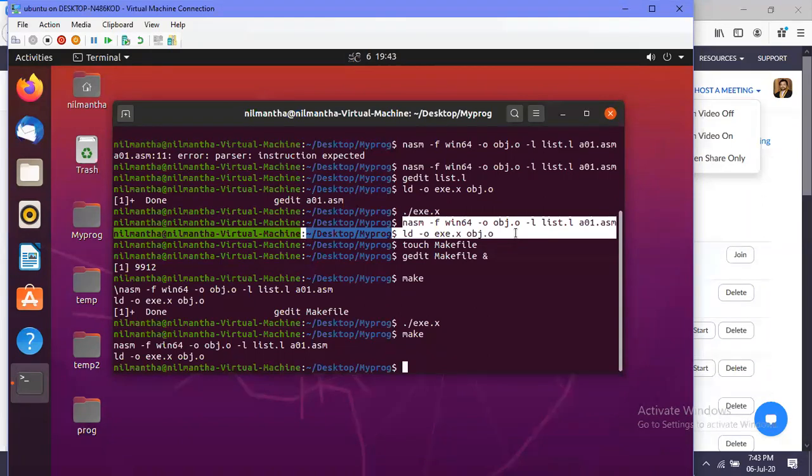So those are the two methods which you can use to assemble a written assembly program. I hope this is clear to you. I'll upload this video and share it today in your Drive folder, so you can rewatch it if you miss something and practice this.